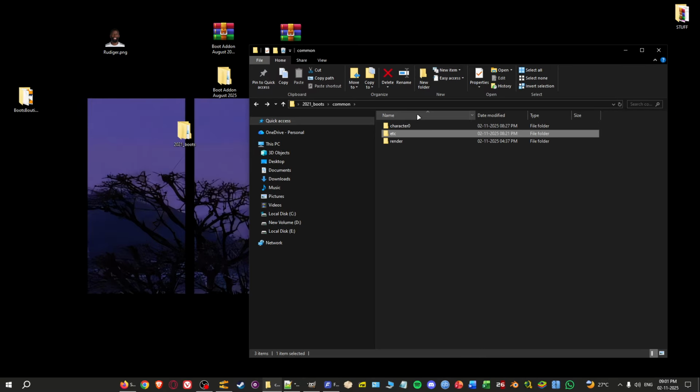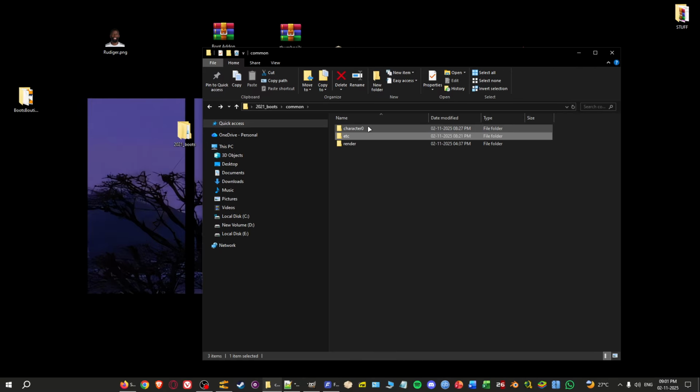Once you have these three, very easy. You need to create a path like this. So character 0 inside common. Go to common, create a new folder called character 0, create a folder called model, create a folder called character, create a folder called boots, and a folder called gloves. Once you have this path right here, which is 2021 boots, common, character, model, character, create these two folders, and